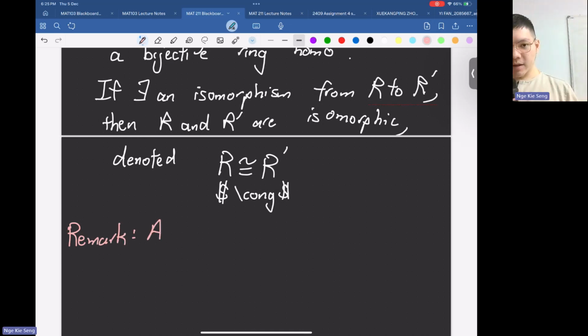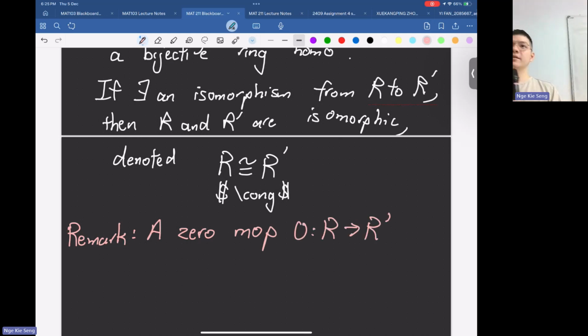Is the zero map a ring isomorphism or not? Okay, not isomorphism, but homomorphism. Is it a homomorphism? The zero map sends everything to 0. Is it a ring homomorphism? Why? Good. So it's not a ring homomorphism